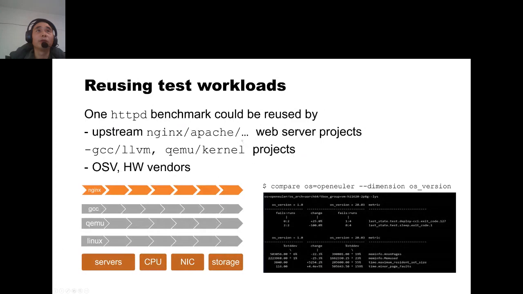For example, if someone adds an HTTPD benchmark, then in Compass CI it could be reused by many parties. For example, the web server projects, also the kernel, QEMU, compiler projects, and also the operating system or hardware vendors. Because